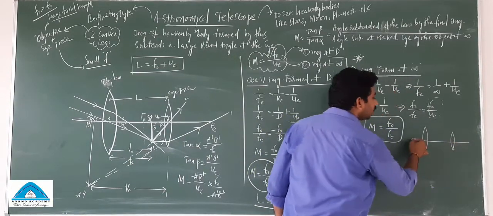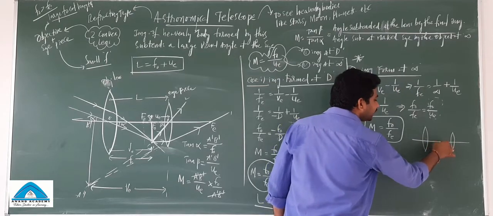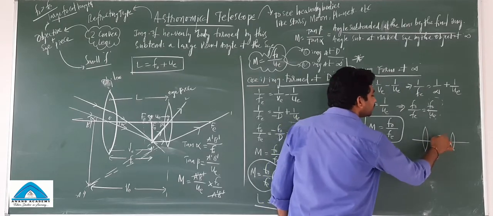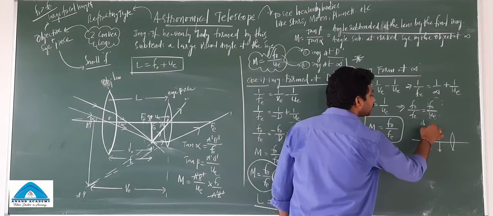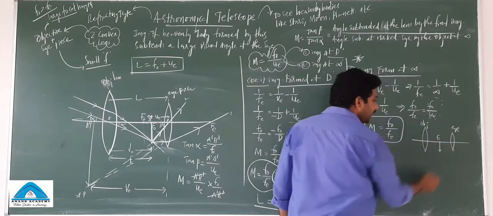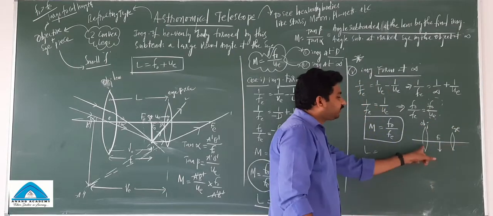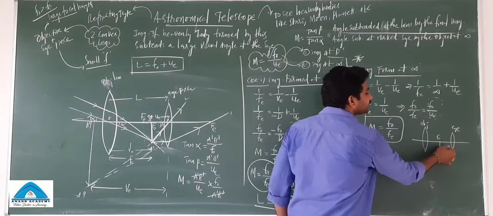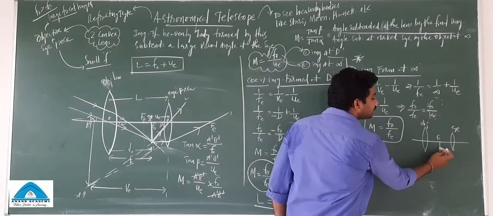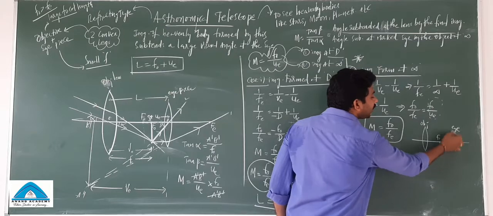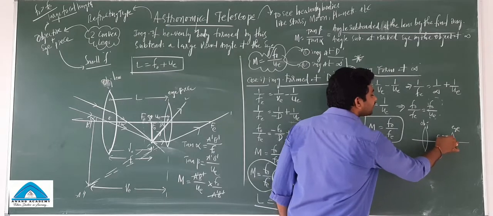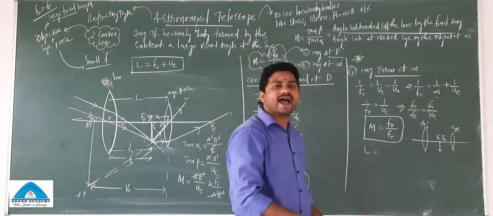So this is the image formed by this lens. This is F naught. It is the objective lens and it is the eyepiece. F naught is the image formed by this one. The same must be the object for this, and this object must be kept at the focal length of this one. So that is the same point, the focal length of the eyepiece also.